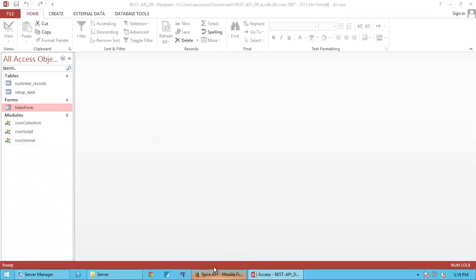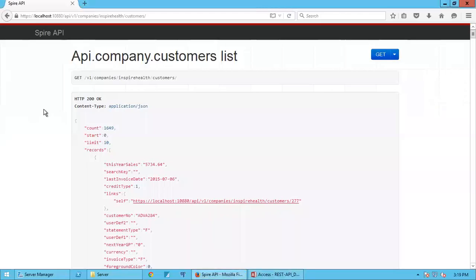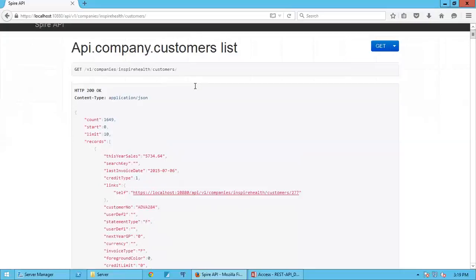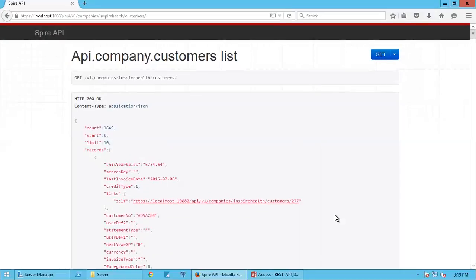First I'll go to the Spire API, and I'll show you later on how you will configure this to your own servers. Here you can see I'm looking at an endpoint 277. Once you develop, of course, you have to get sophisticated so that you can do lookups based on customer number versus the endpoint 277. The endpoint is critical. You have to know that when you call a source, but you would translate a customer number into an endpoint, because the ID that's in the database is not